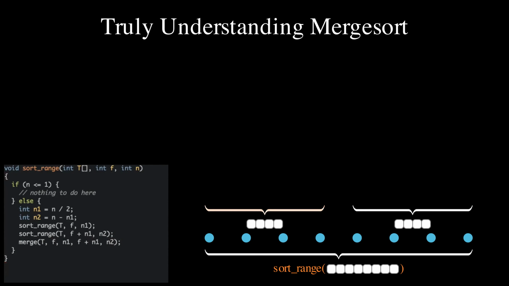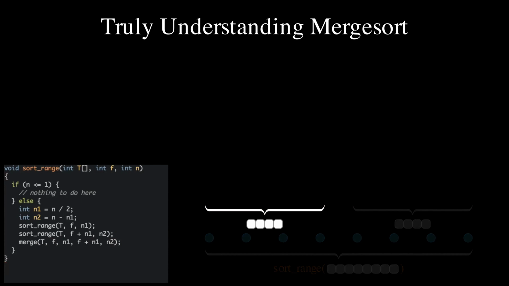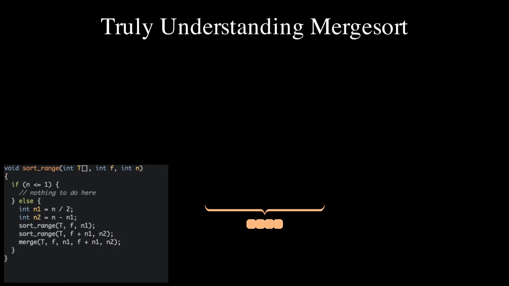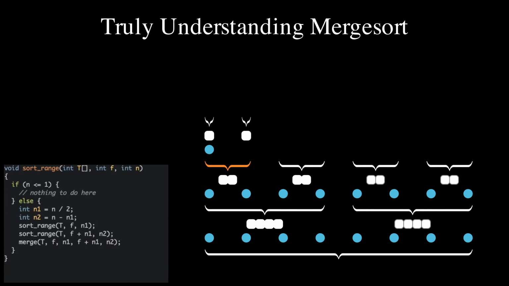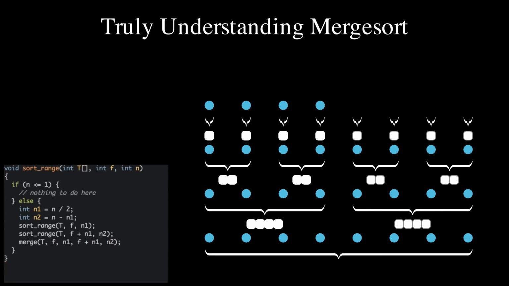It remains to add tokens for the recursive calls. To do this, we concentrate on each of the 2 subranges in turn. This call to sort_range also consists of 2 recursive calls for the 2 sub-ranges, and a merge, for which we put in as many tokens as the size of the sub-range. Similarly, the second recursive call has the same structure. We repeat this process until we obtain ranges with 0 or 1 elements, for which we place 1 token.